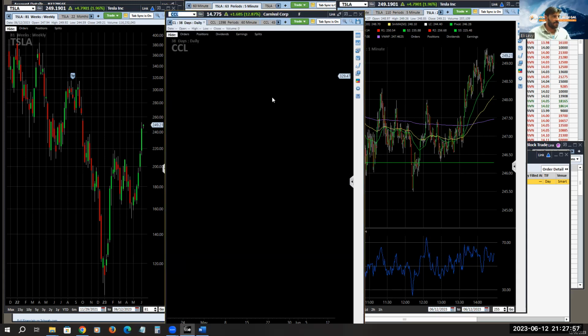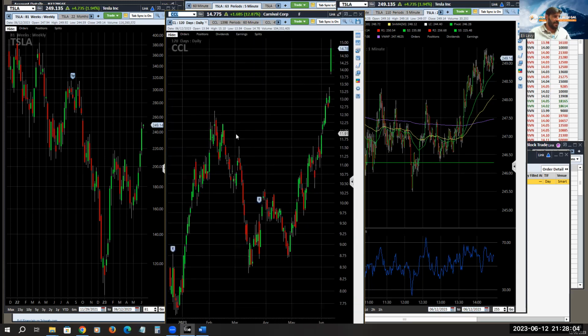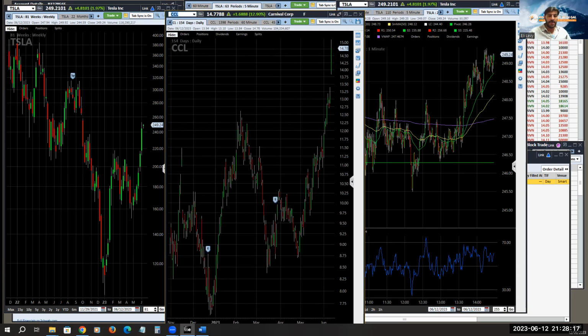Next up, all right, so CCL, Carnival Cruises. Carnival Cruise got upgraded a lot today by a bunch of houses. And I've been looking at it in the last couple of weeks, trading it, and so on. This is a daily graph. I was trading it here and then kept a little bit, and it just took off. And today it took off even more. The leisure is in play. Everything that has to do with travel is in play. So I would keep an eye, but